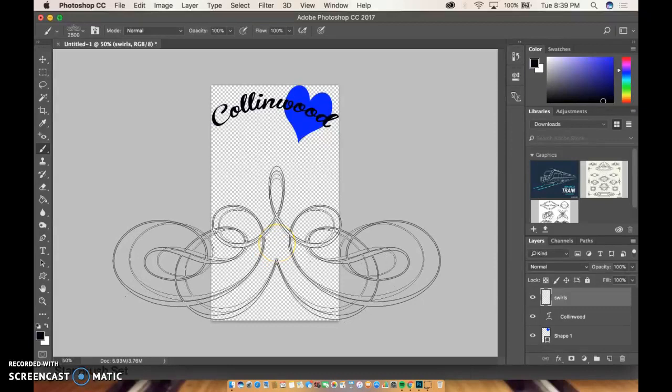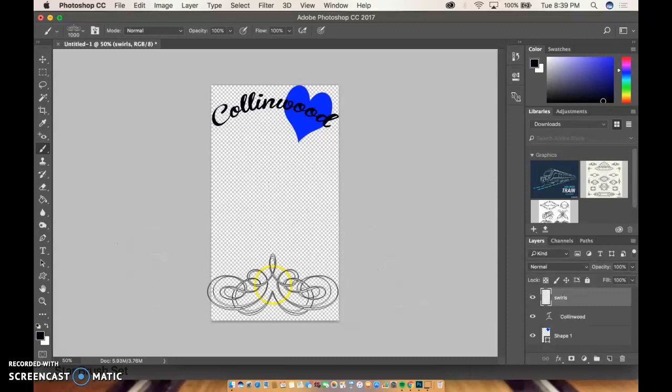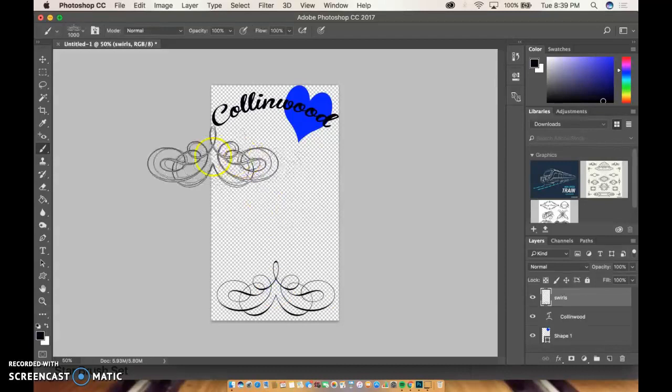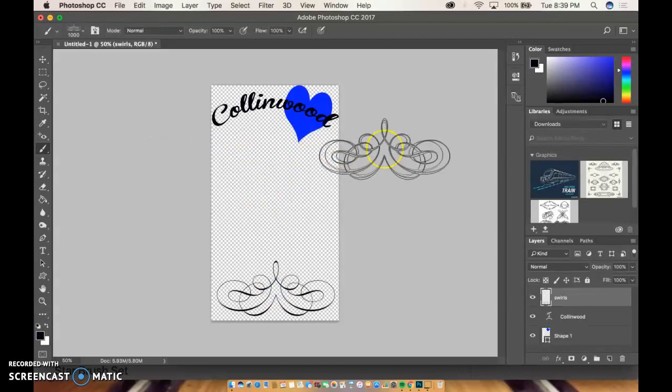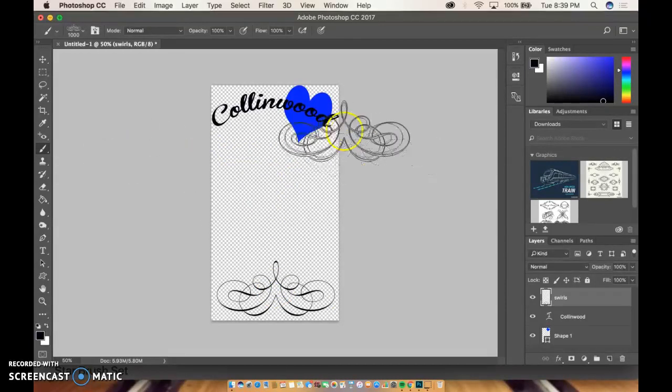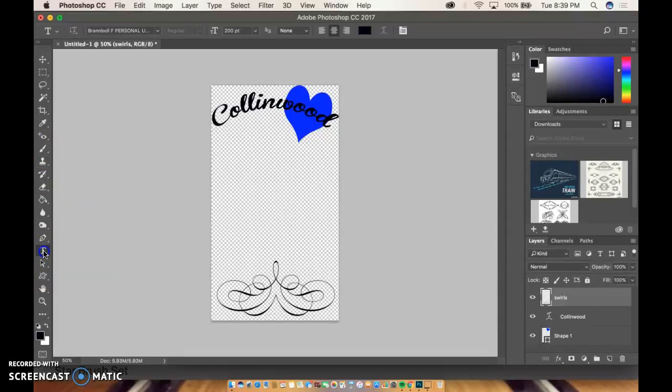I need to use my brackets next to the letter P to make it smaller so it fits. And then I could put it down here. So is it the best design? No, you guys are going to do a better job. I just wanted to show you guys the tools. So brushes with Brush Easy, the type tool, the shape tool,